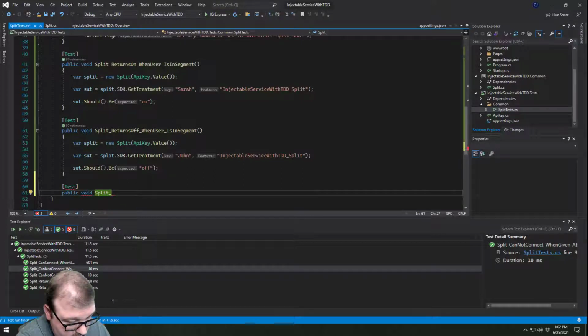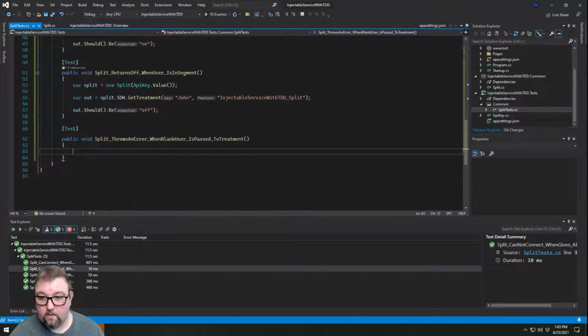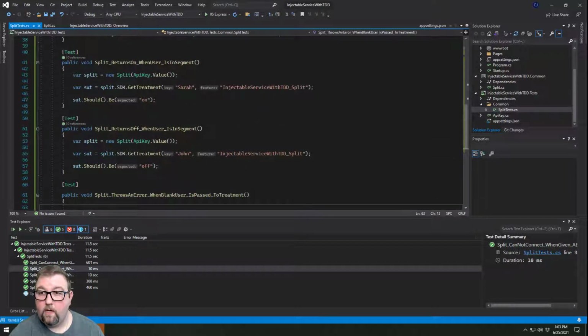So split throws an error when blank user is passed to treatment. All right. So I'm going to come up to here and we're going to grab, well, since we're